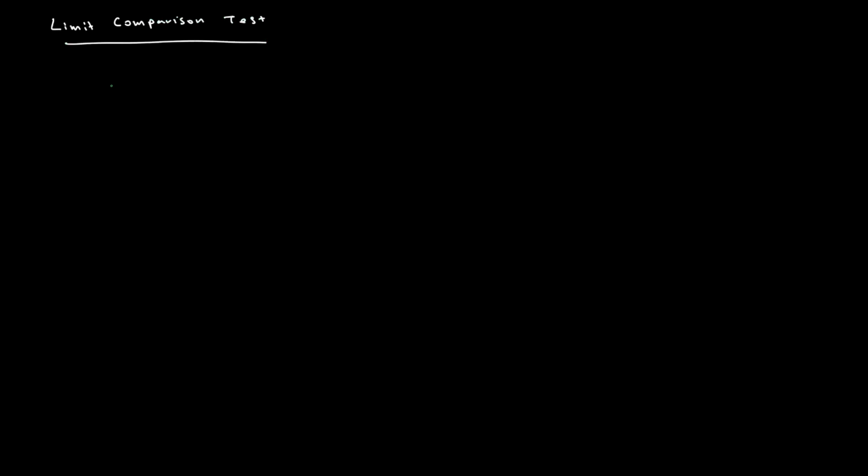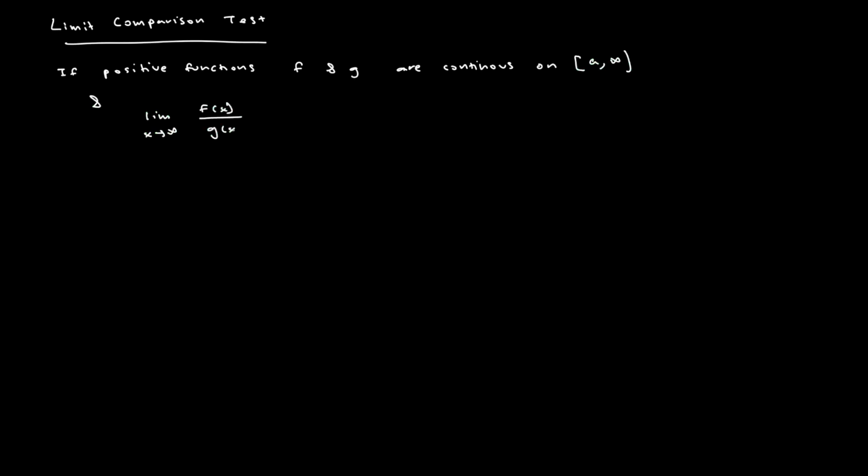The limit comparison test says that if positive functions f and g are continuous on the interval from a to infinity, and the limit as x tends to infinity of f of x divided by g of x is equal to L, where L is not equal to 0 and also L is less than infinity, so L is a finite value that is not 0, and if we remember the orders of growth, that just means that f and g are growing at the same order, then it implies that